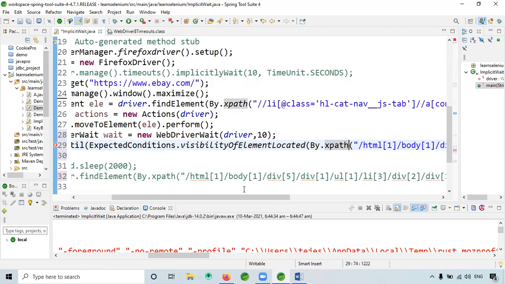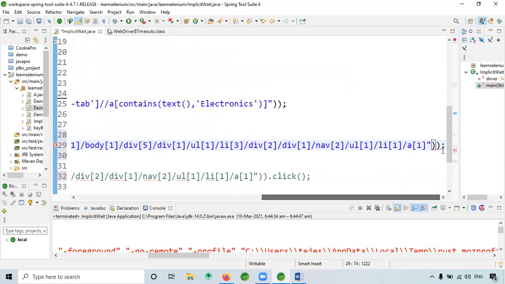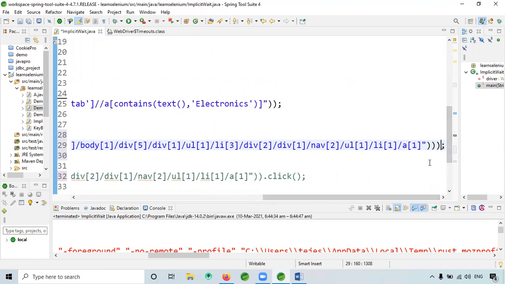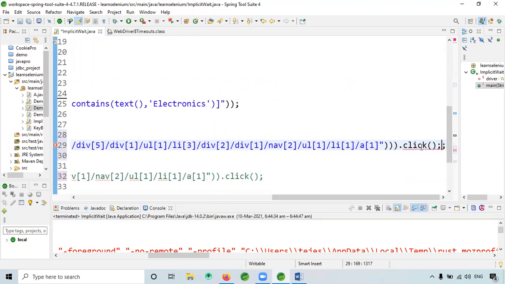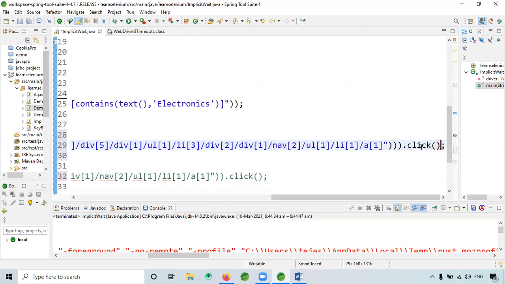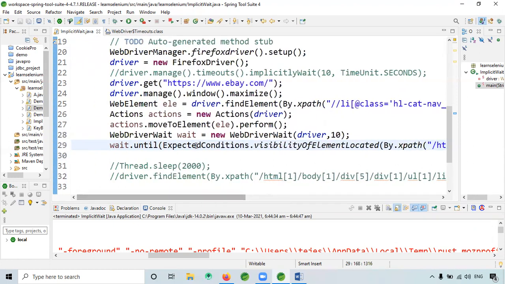Like this, and close it like this, then you give dot click. Okay, that's all. So this is for the condition.